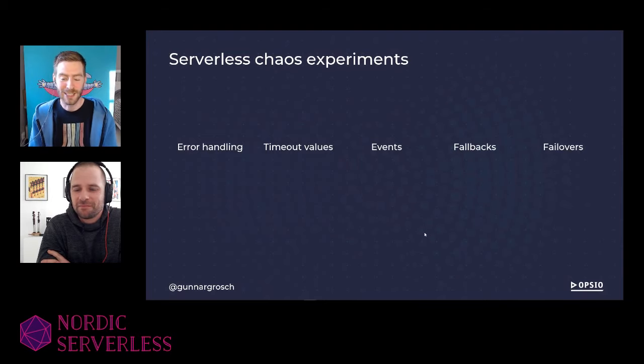What if S3 has its fourth major problem? Or if a third party is down? That's perhaps the most likely one. So having fallbacks for services that aren't acting the way they should, and testing those to make sure that it